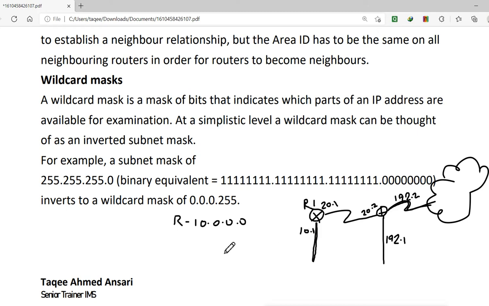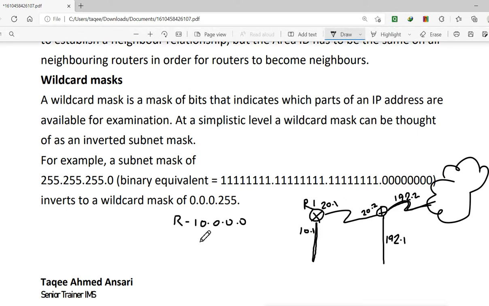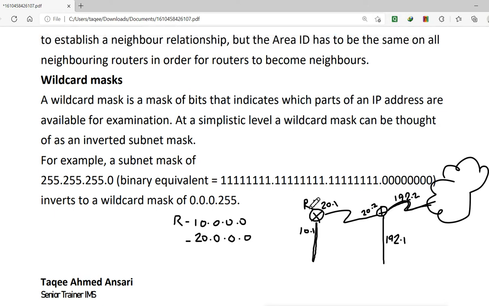Then the second command on router 1: we have connected to network 20 also. So we mention the network command and give network 20. Now when we mention network 20 here on router 1, it means the router adds network 20 into the routing table and starts the routing protocol on the interface of this network.